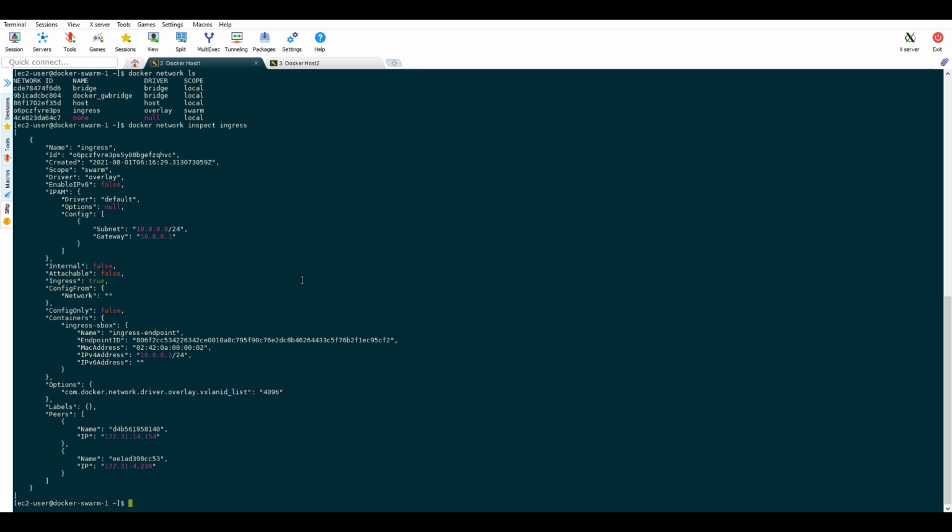The Docker ingress network, as you can see, has a container associated with it which hosts the endpoint for the overlay network. You can also see the Docker hosts that are part of the Swarm cluster in the peer section.